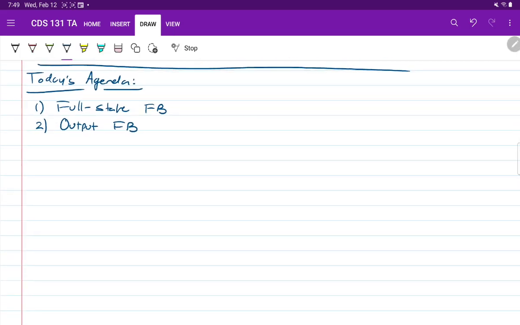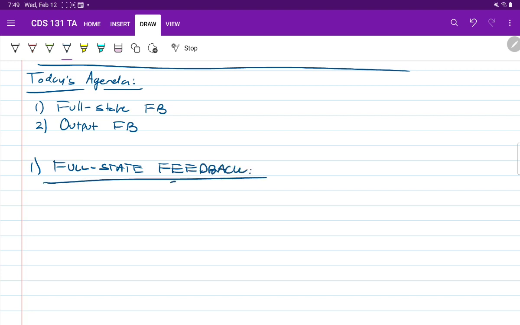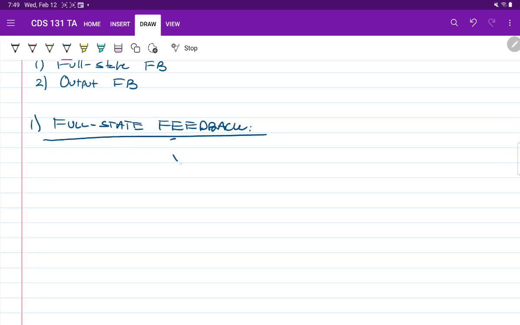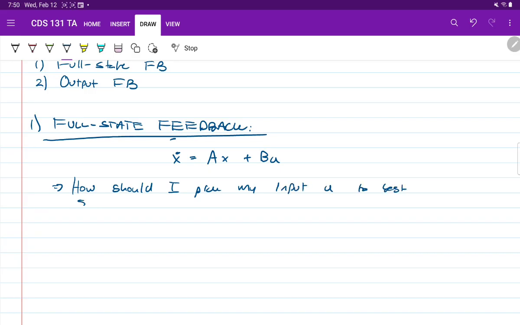All right, so I'm going to start off by talking about full state feedback. So let me set up the problem of full state feedback, what our goal actually kind of is. So what we're going to do is we're going to consider a linear time invariant system, right, which is a state equation x dot equals Ax plus Bu. I'm going to ask, how should I pick my input u to best stabilize the system,